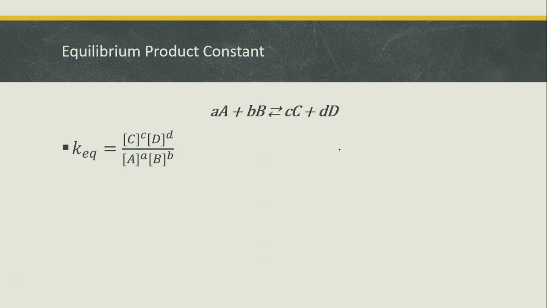Now, here's our last thing. One of the things that you need to be able to do for the final exam is write what's called the equilibrium product constant. The constant is represented here with the K, and the equilibrium part of it is represented with the EQ. What this does in real life is it's a mathematical equation. If we put concentrations in here, and you're going to see this later, whenever you see brackets like this, what that stands for is